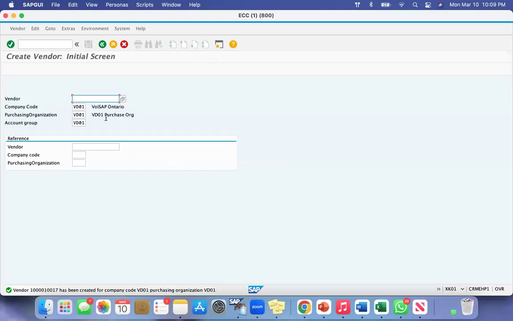Next is XK02, to change some information for your vendor. Sometimes a vendor will change some details, like they relocate to another address. So they update us with the address, and we have to change the address in our system for our vendors. Name, they change any information, let's say phone number, email, address, name, banking information, payment terms, any changes you want to make in an existing vendor, we go to